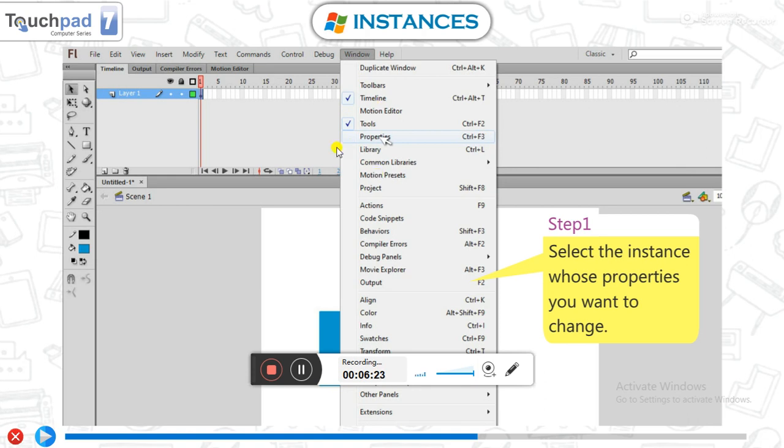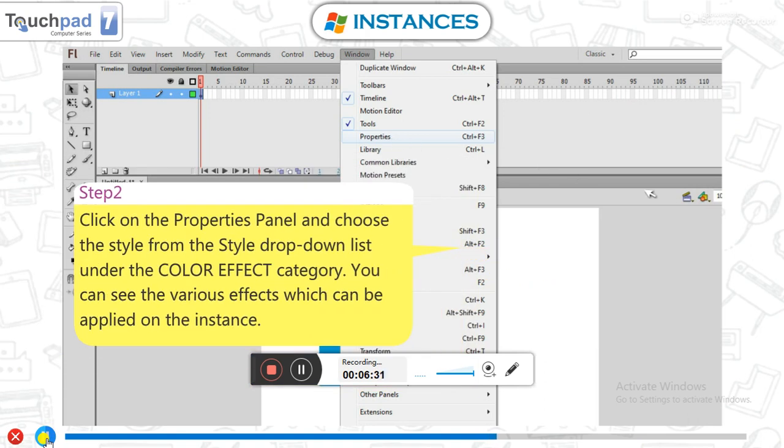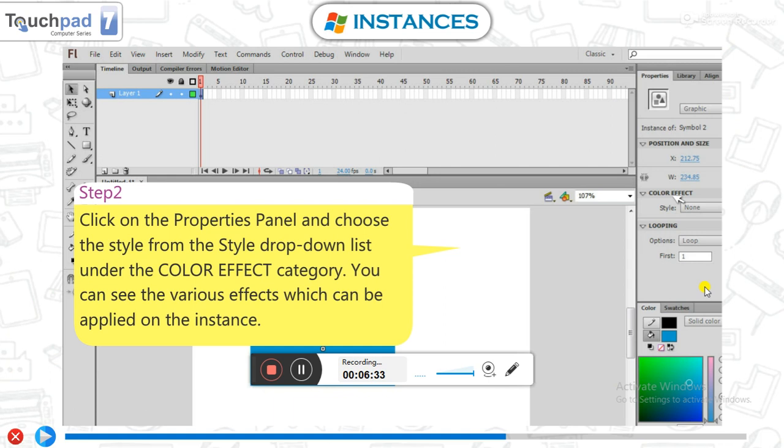When you select property, the property panel appears on the right side in this area. In this, whatever you want to change, like in style, in color effect, click on the style option. When you click there, you can see various effects.